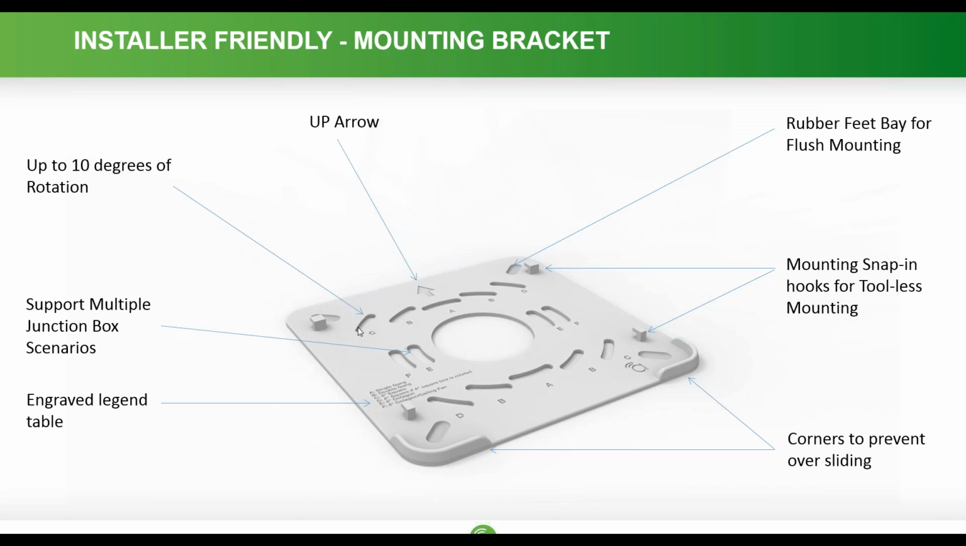Now the bulk of our effort went into the mounting bracket. The mounting bracket that you see in the picture had a lot of thought and trial and error during design. The first thing you can see is the up arrow, which directs you to how you want to install the bracket. You can see we can support up to 5 different junction box scenarios, with letters engraved on which ones we can support. And the legend is also